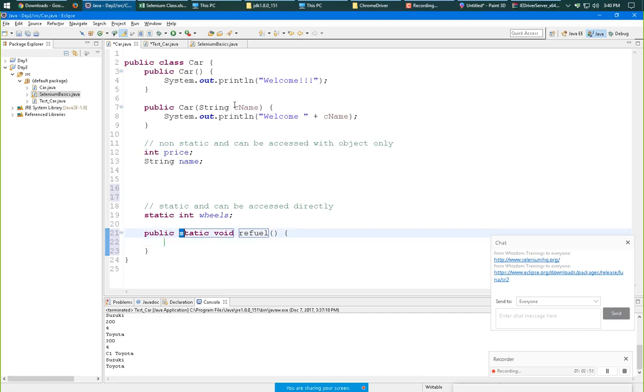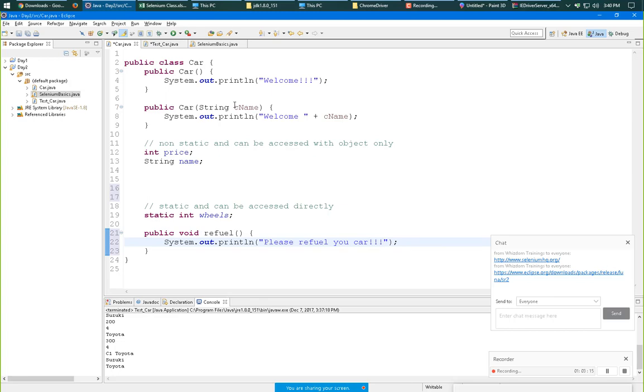If I don't mention static here, it will print: please refuel your car.